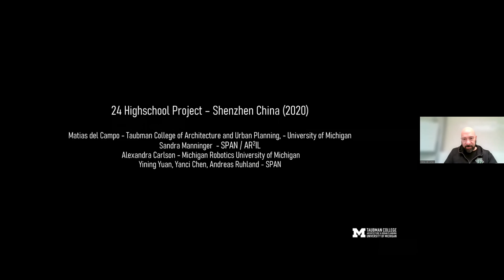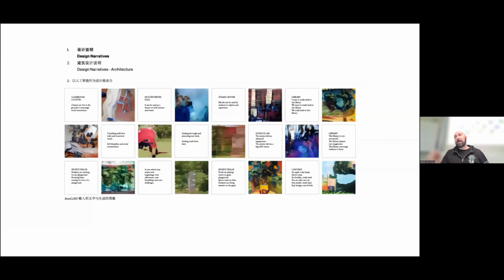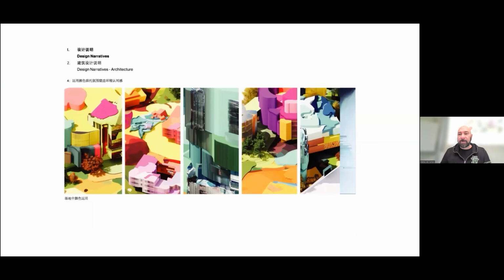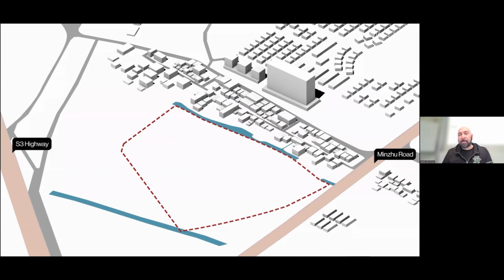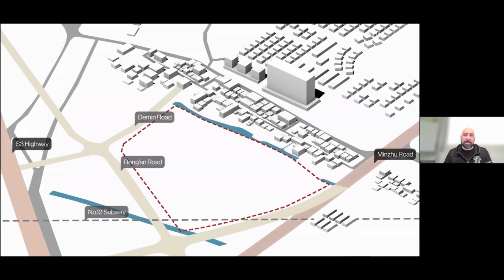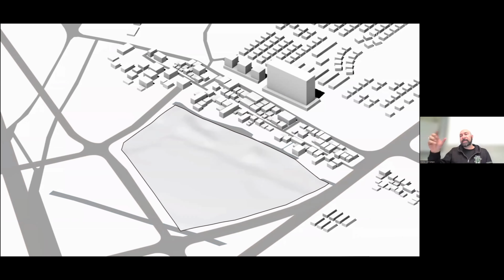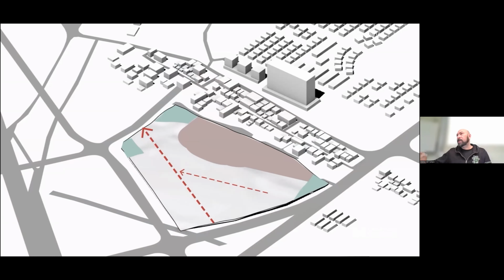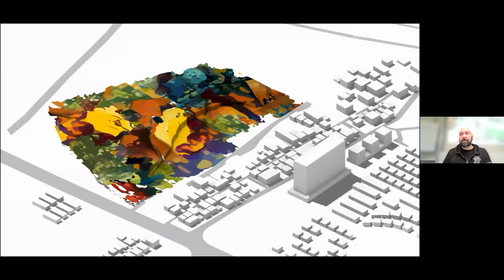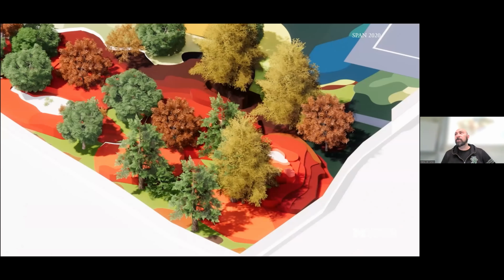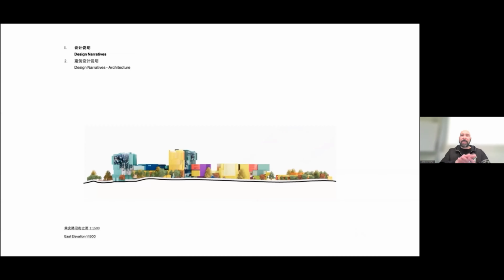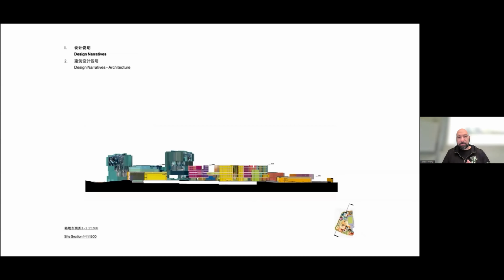But just as a precursor of what has happened this year, this is a project we did in 2020 using attentional generative adversarial networks that allows us to write text and then get images out of them. This is different than the diffusion models we see today, but it basically did the same thing on a far lower resolution, far worse, but regardless, it was interesting to us to test it and to try it. And what we did was basically take one sentence from the program that was asked on that site and then add a surrealist twist to it. So for example, the gym has 2,000 square meters, has 2 basketball courts and changing rooms, and is standing on yellow canary legs. Yeah. And then once you do that, you get this really strange, colorful imagery out of it.